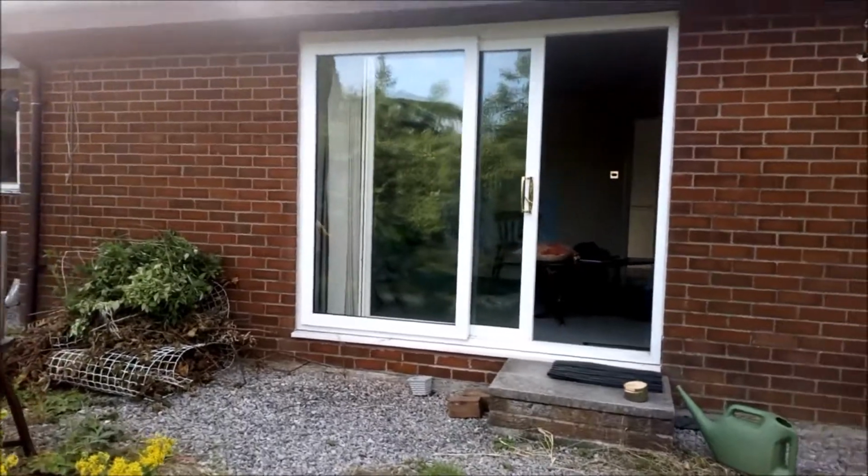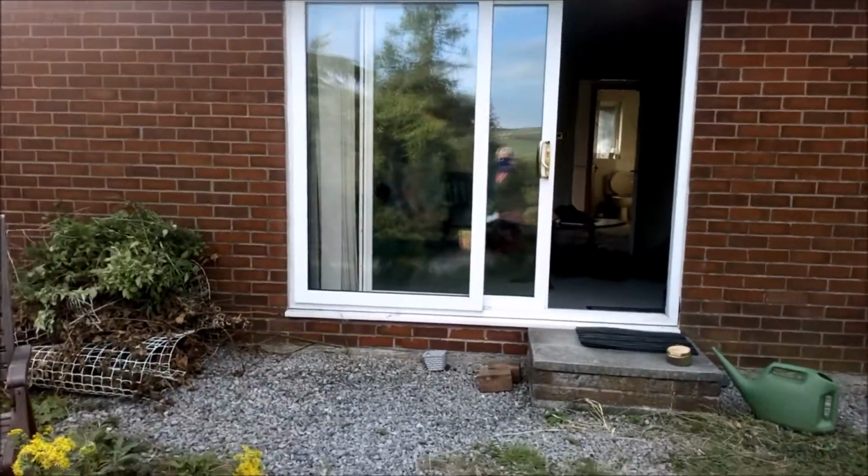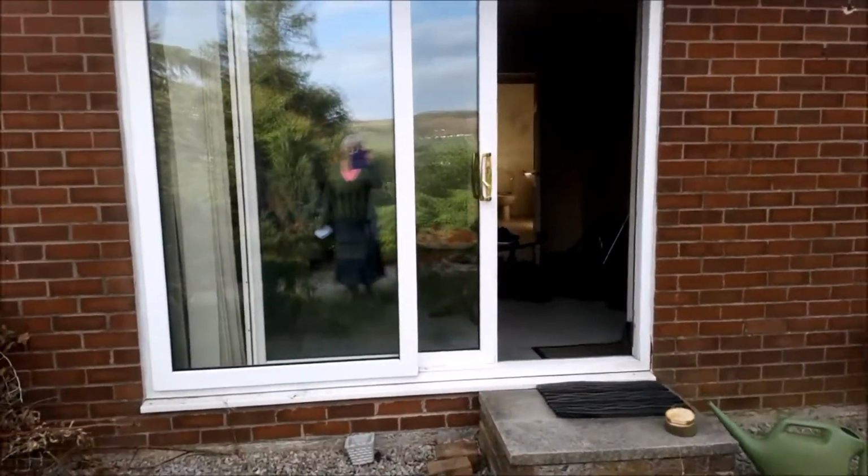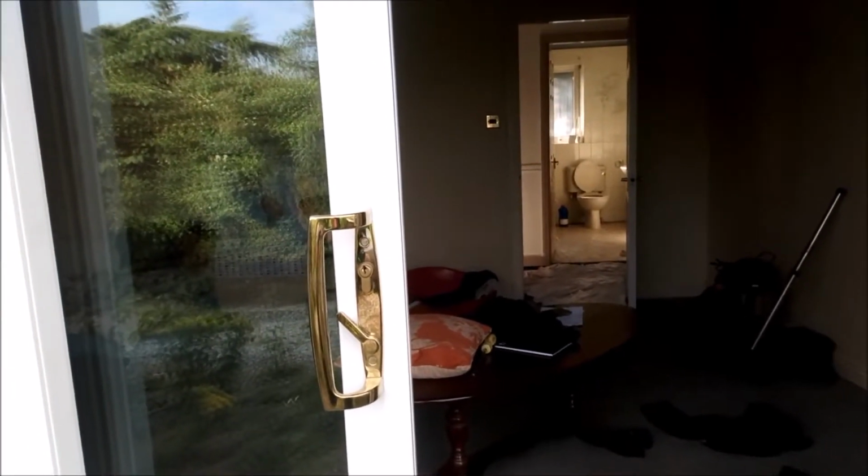Here we have the main lounge, and probably, if I'm very close, yes, you can see that the bathroom is there. Both of these rooms had a residual stress level of -1, and